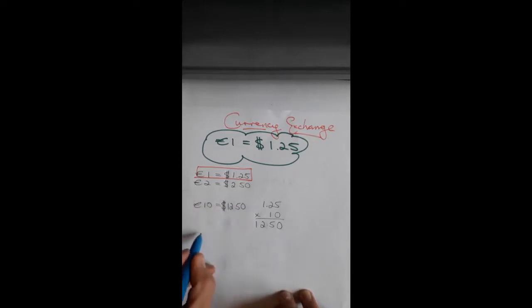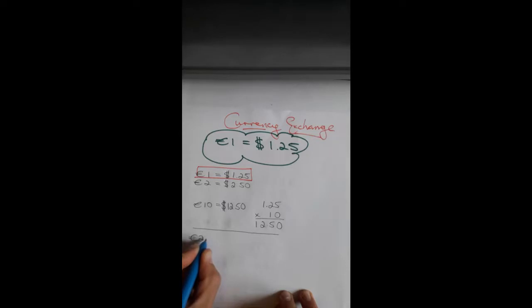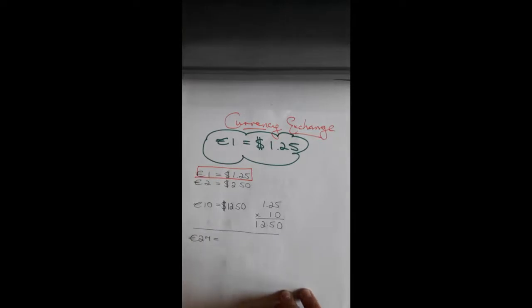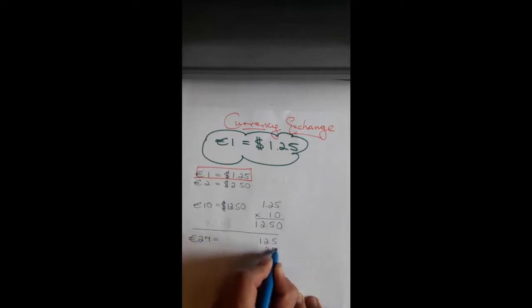Okay, now I'll show another example, maybe a slightly harder example. Say I wanted to exchange €27. Exactly the same thing, remembering this all of the time, that my €1 is equal to $1.25. To find out what €27 is worth, all you're going to do is multiply 27 by $1.25. So I'm going to do that down over here. So I have $1.25, multiply that by 27,